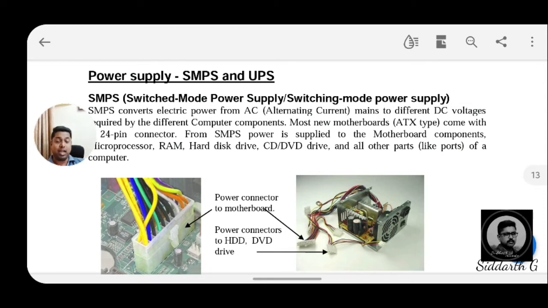Power may be either AC or DC, alternating current or direct current. We know that almost all electronic devices support DC. So without any power supply, no computer or any electronic device will perform. So SMPS will play a very important role in supplying power to the computer.